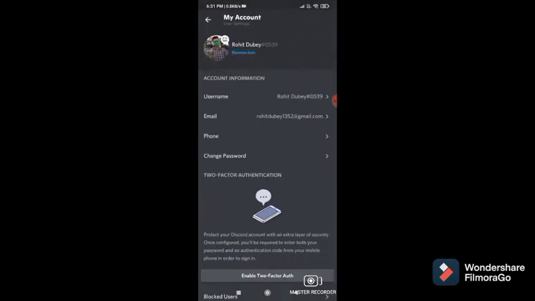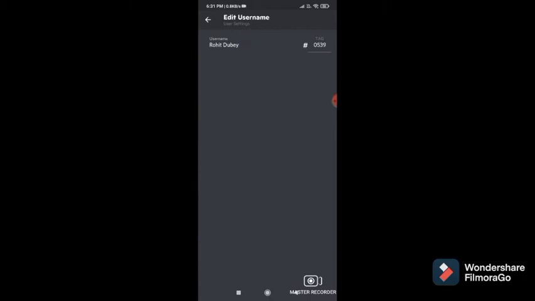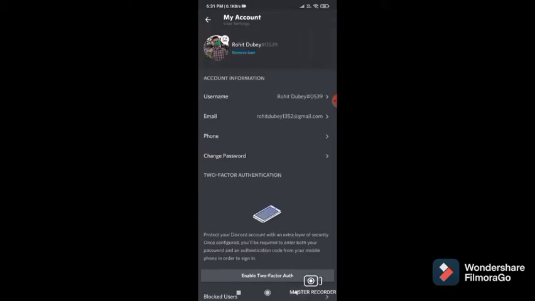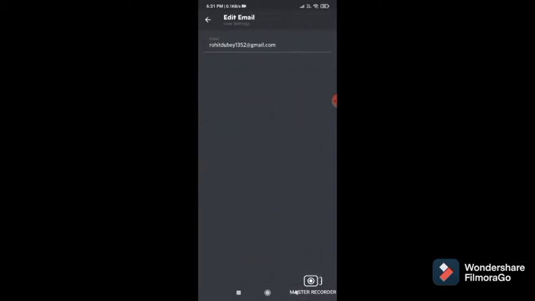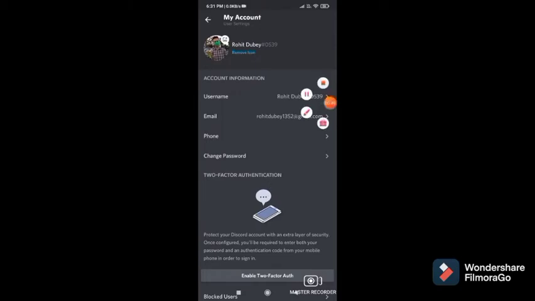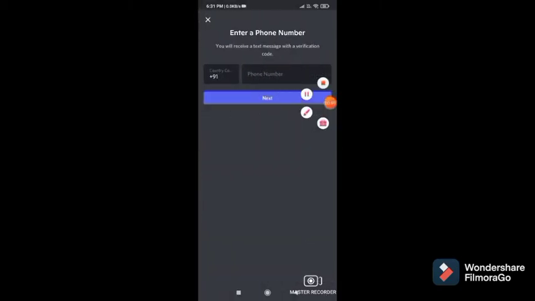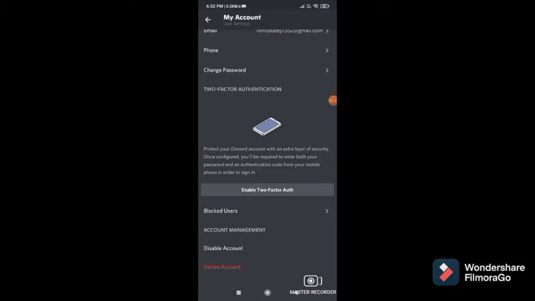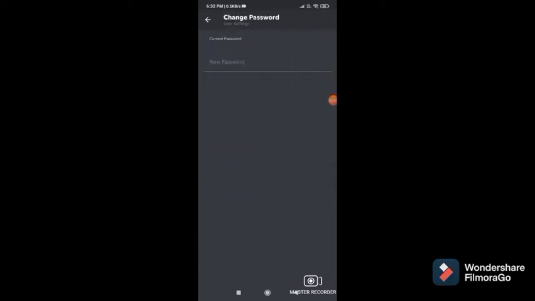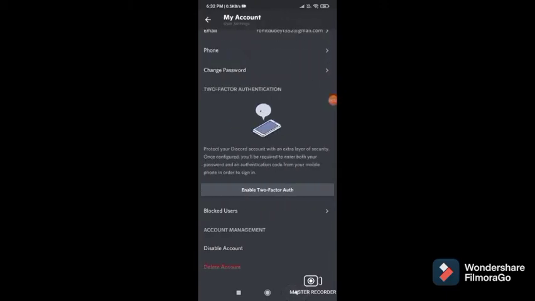In your account information, you can customize your name or anything if you want. Or if you want to change your password, you can change it afterwards.